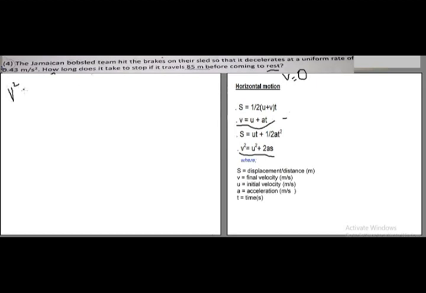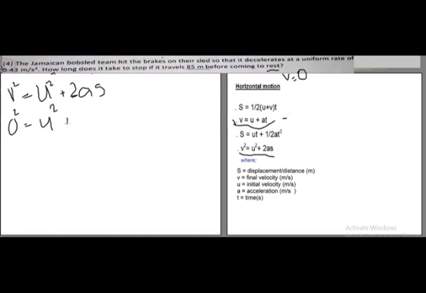V squared is equal to u squared plus 2as. Now the final velocity, as I've said, is 0. So we write 0 squared is equal to the initial velocity, which is unknown. We have to find the initial velocity, and then we will substitute into this equation. So the initial velocity is unknown,